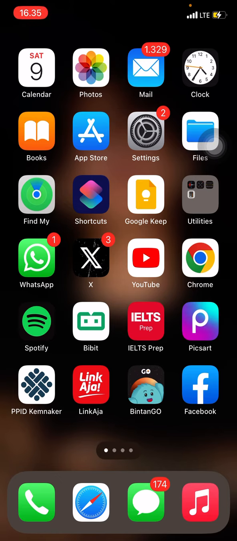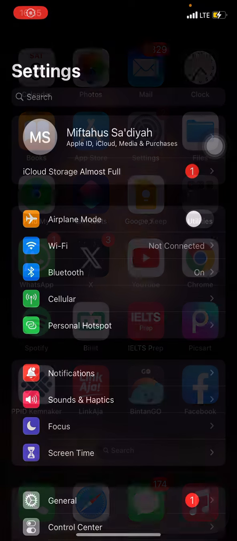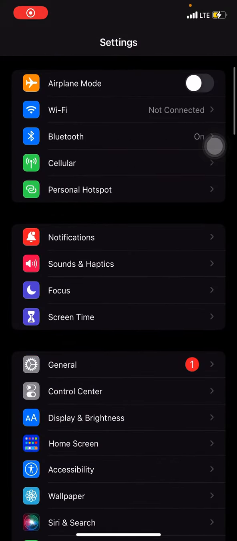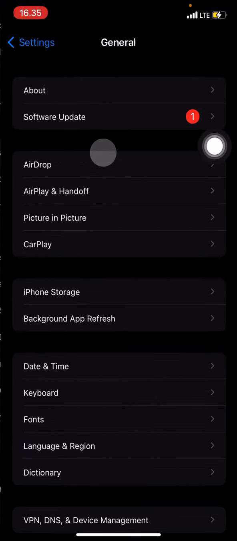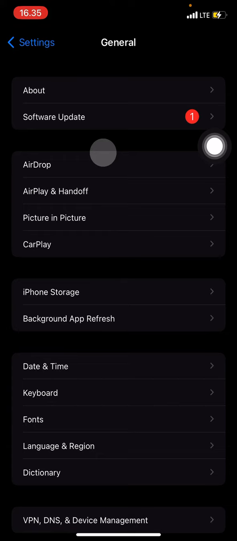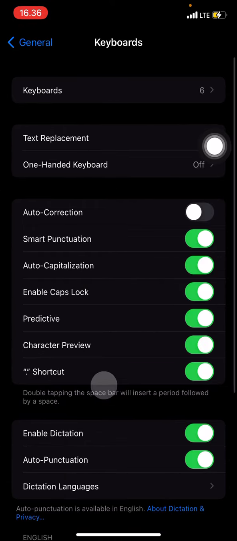So here, to set the language into your keyboard, go to the settings and then just scroll down until you find a general option, and then just click the general. And then now just look for a keyboard over there, click the keyboard, and you already have access into the